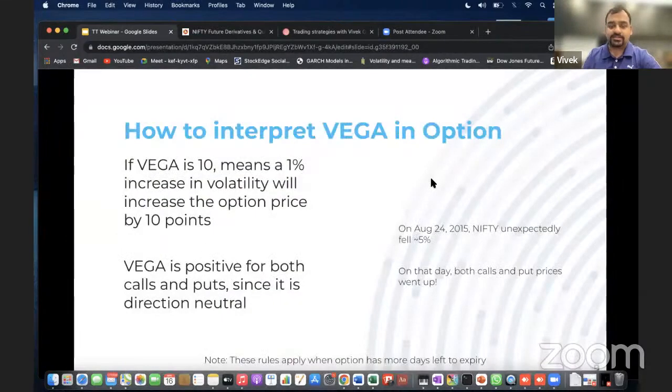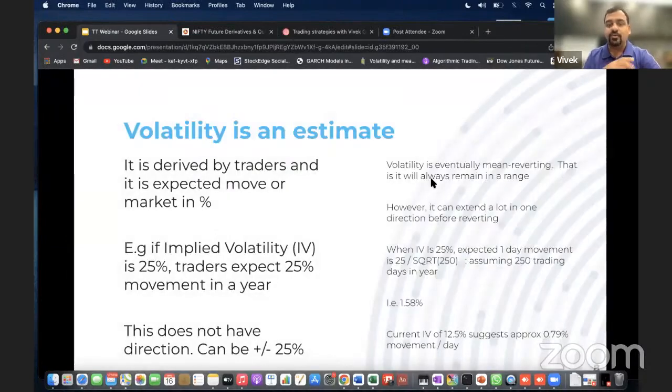But volatility is going to mostly remain range bound. In general, let us say Nifty's volatility may remain around 17 or 18. When the COVID crash happened, the spike in volatility went up to 100 or something, where the estimate was 100% movement in the market. But eventually it came down, and right now it's at 12. So it will always eventually be in a range, but sometimes it can extend a lot before it comes back